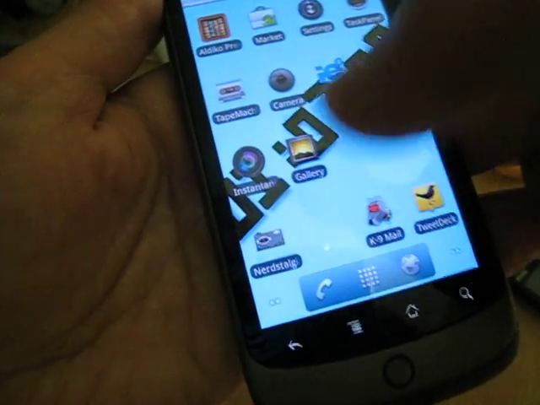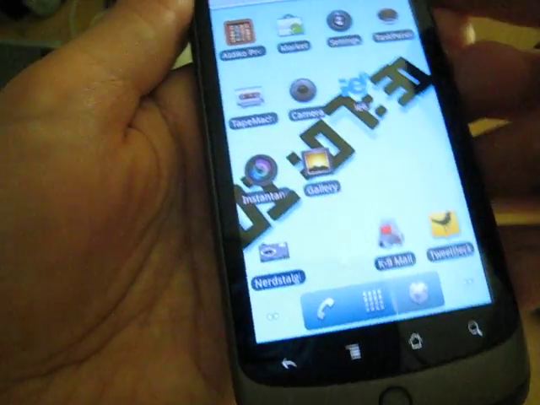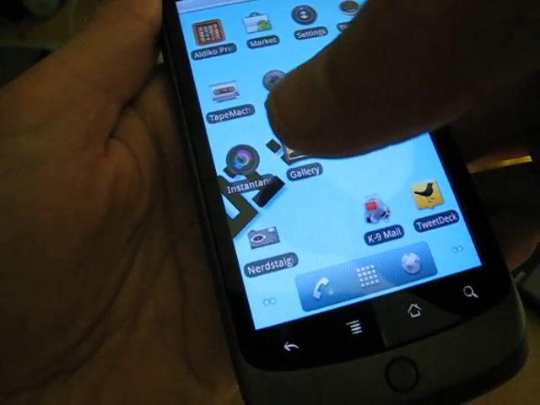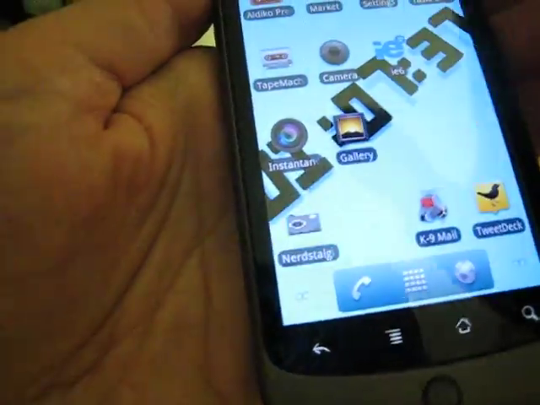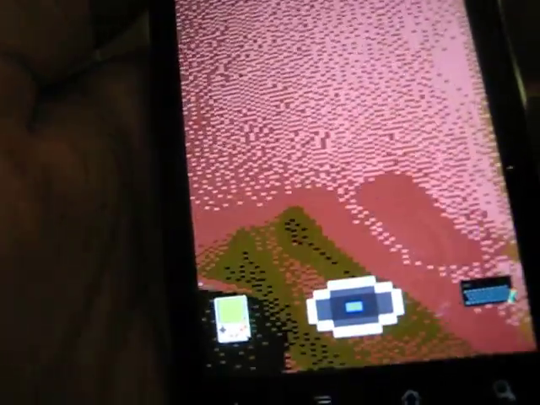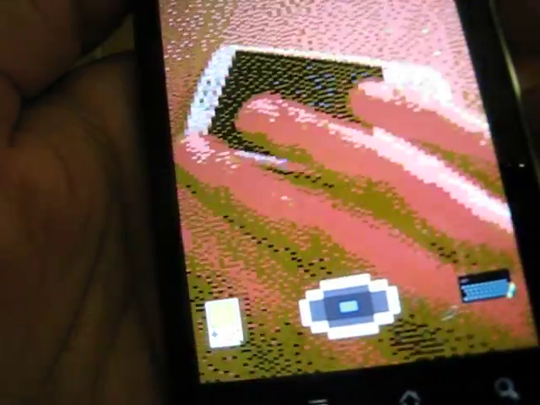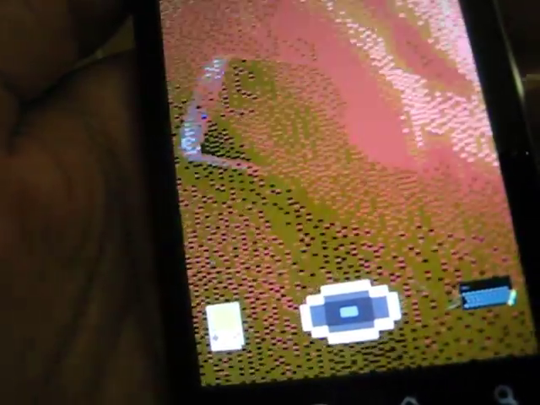Hello, I'm the developer for this Nerdstalgia application for Android, and I thought it would be cool to record a video so you could see how it works. So let's go. We just open it and it instantly converts everything that goes through the camera into